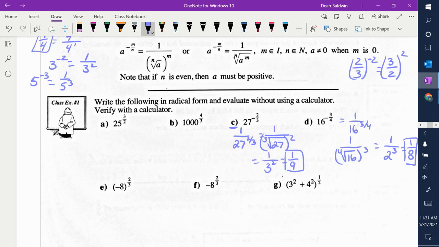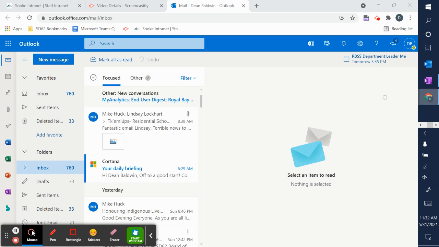I think I'm just going to give you a couple questions. We'll stop there. All I want you to do is number 2, A to H. Sometimes if you're combining these things, you're going to write it like this because you can't combine them. Like in calculus, this is easier to deal with than this. You always want to write it as an exponent. But for right now, it seems